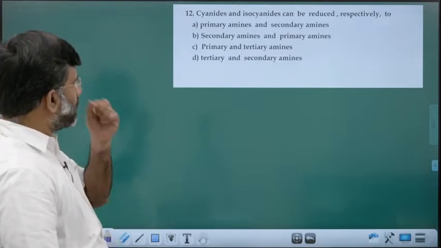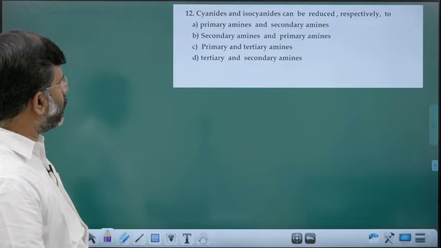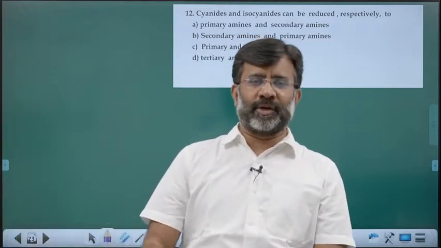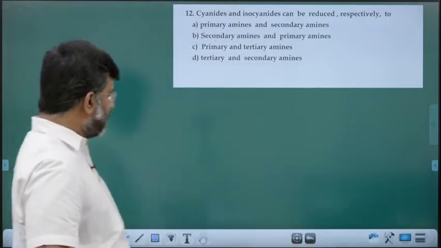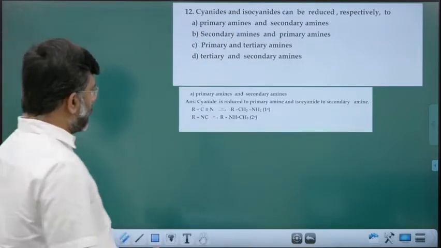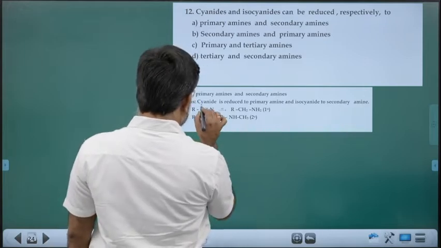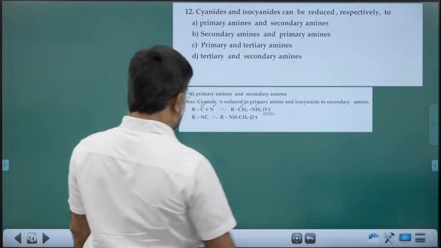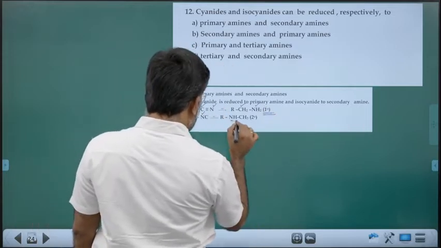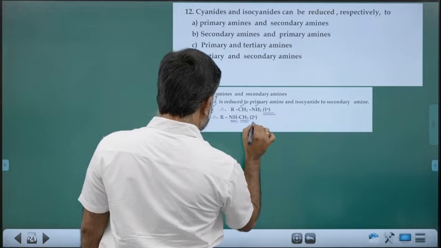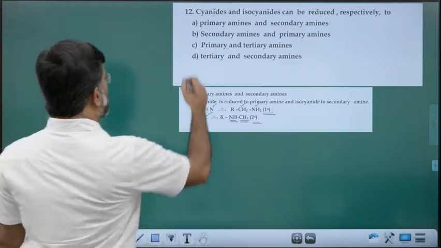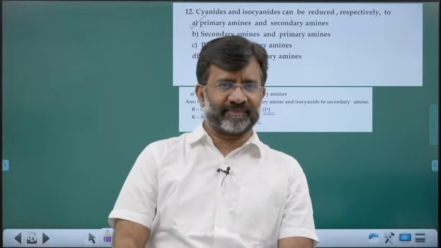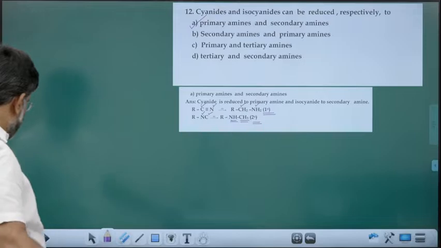Cyanides and isocyanides can be reduced respectively to. Cyanides can be reduced to primary amine. Isocyanides can be reduced to secondary amine. Cyanides reduced to primary amine: this carbon will turn CH2, this nitrogen will turn NH2. You get primary amine. In isocyanides, this nitrogen will turn NH, and this carbon will turn CH3. You get a secondary amine. Answer is option A. Primary and secondary amine respectively. Next,